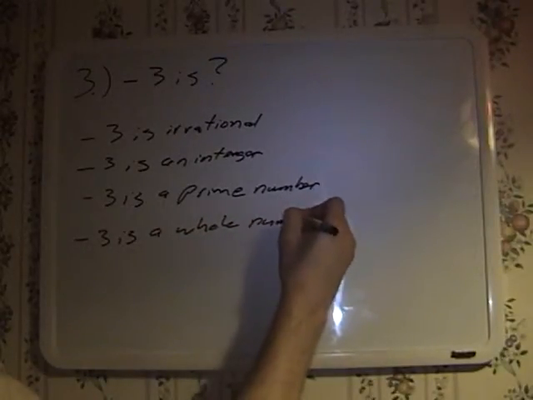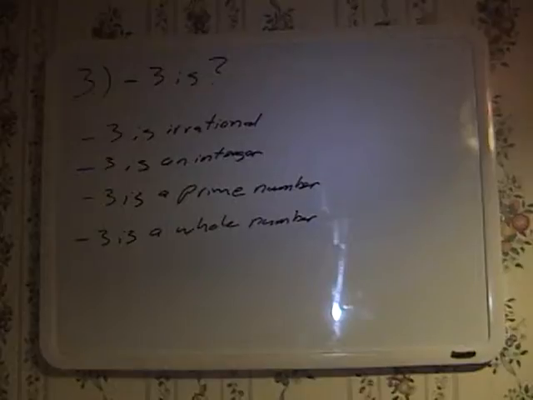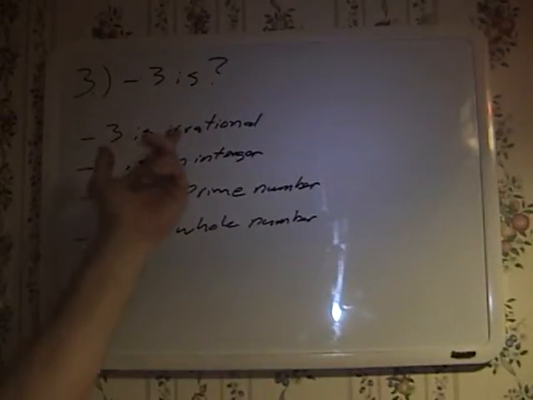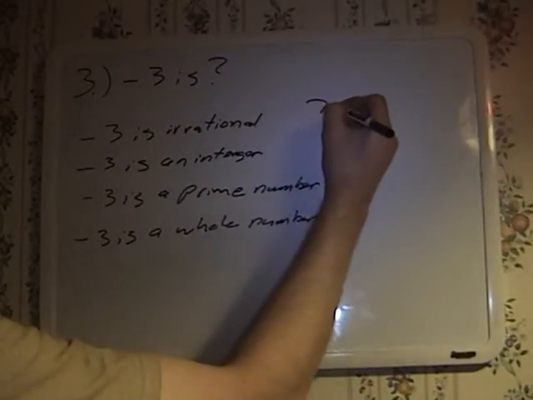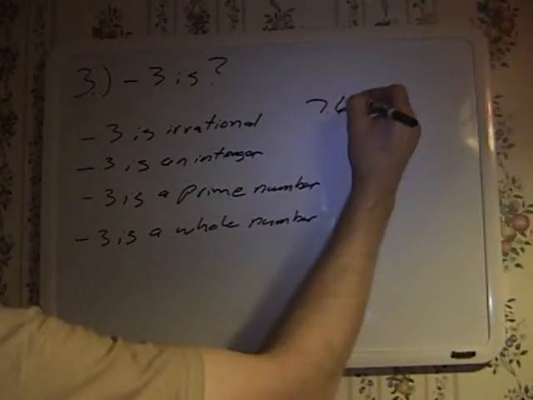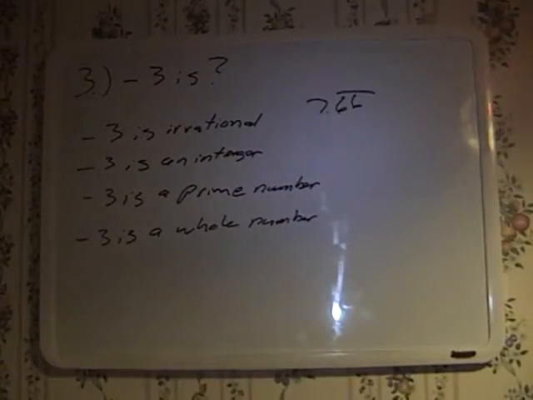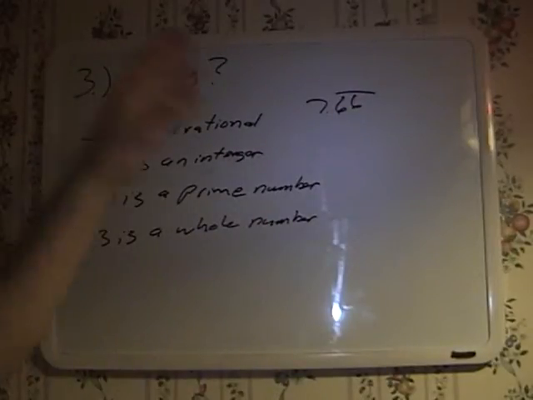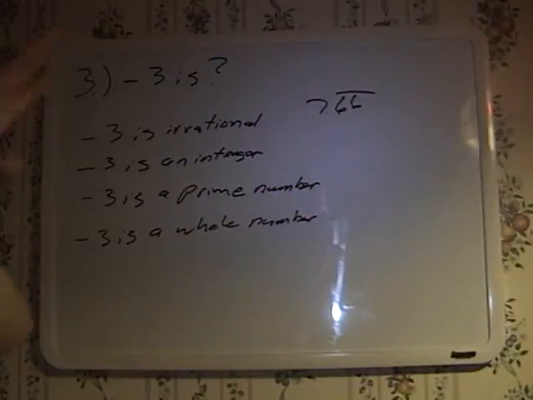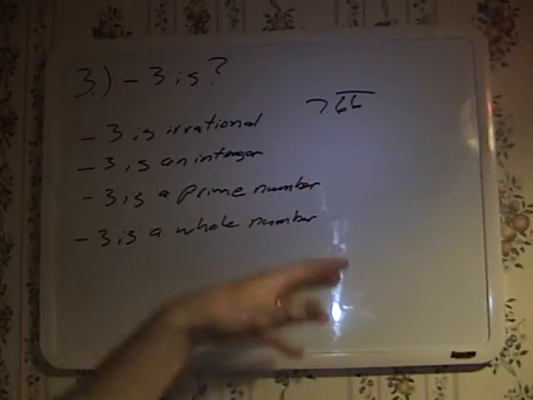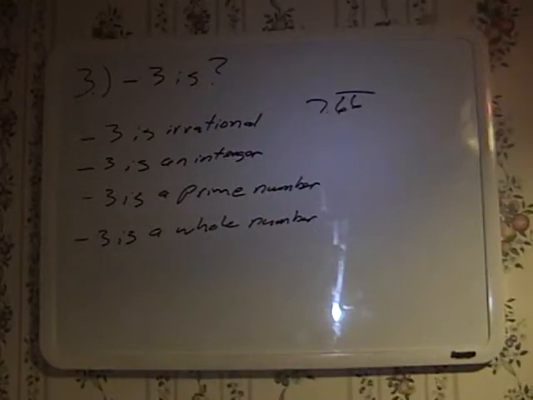So let's look at the definition of these words. Okay, first off, an irrational number. Remember when we took our median back in the first problem and we got that 6 that just kept on going and going and never stops, never changes. That is an irrational number because it keeps on going and never ends. Pi is an irrational number. Well, not technically, I guess, because it changes, it just never ends.